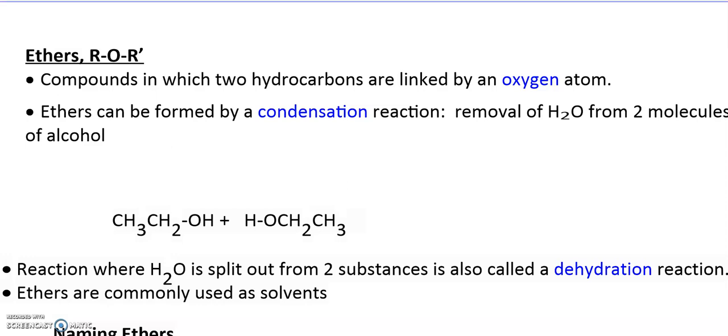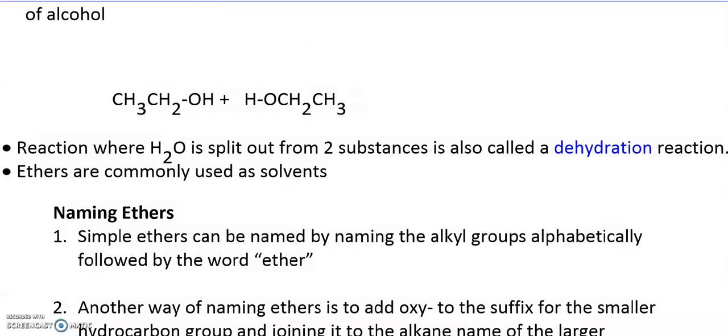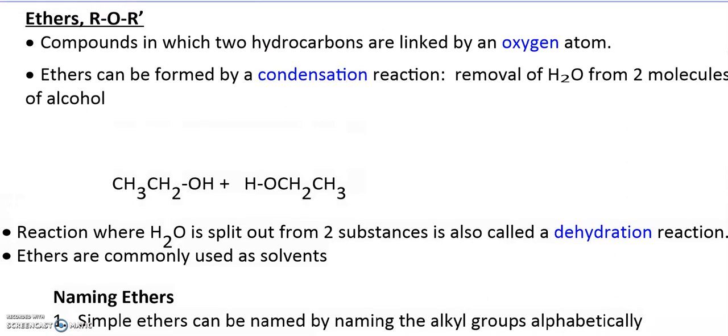This video is on naming ethers. Ethers are when you have two hydrocarbon chains linked by an oxygen atom. So these are formed by what we call a condensation reaction, and we'll talk about this more later when we get into reactions. But if you react together